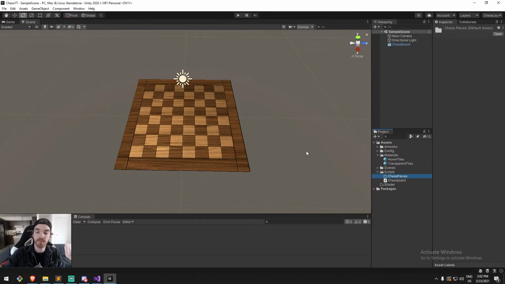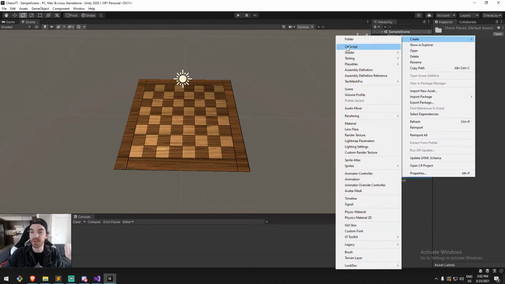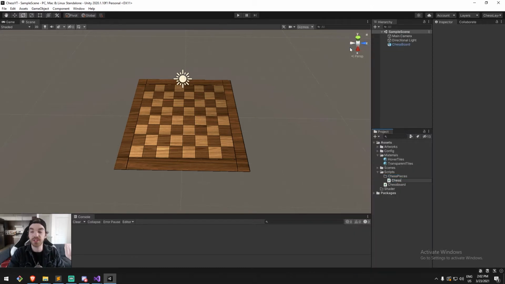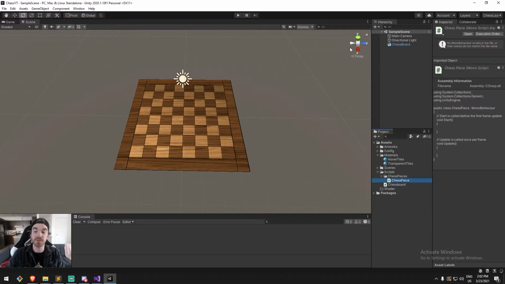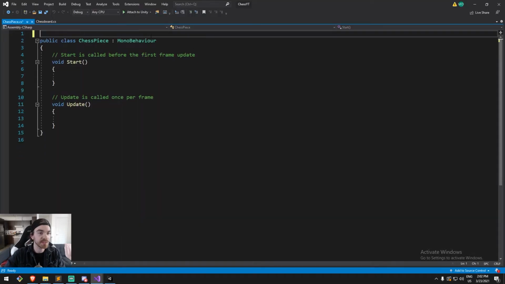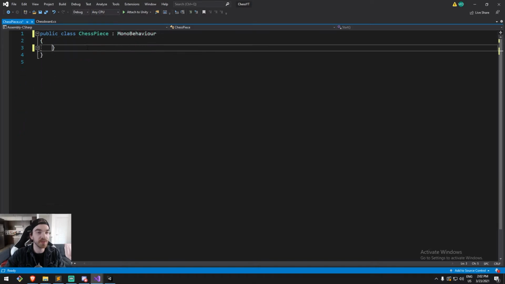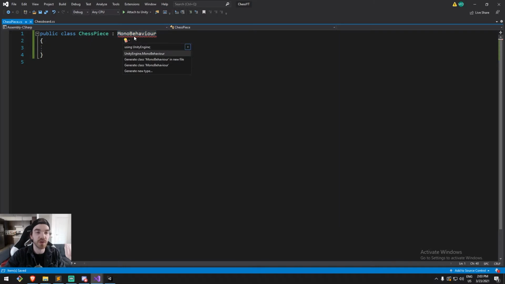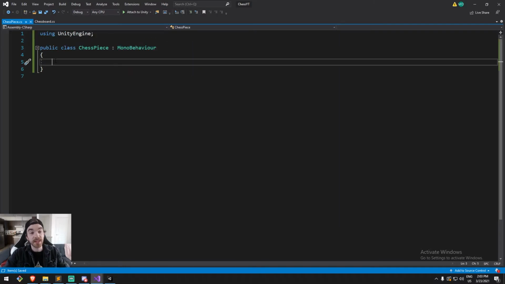pieces. And under there, I'll create a C# script that's going to be the chess piece, like that. This is going to be the base class, and then all the other objects will inherit from that. So this base class, I'm going to make sure to clean it up completely. And then inside of here, I'm going to keep MonoBehaviour actually, so we're going to need to have a UnityEngine as well. And actually, before I start defining a little bit more what a chess piece is, I'm